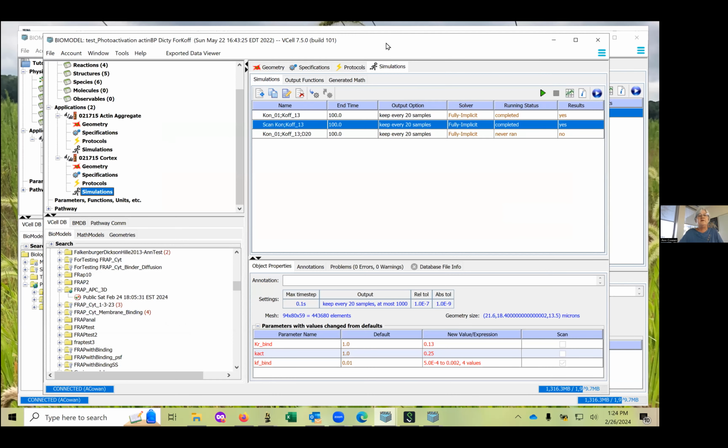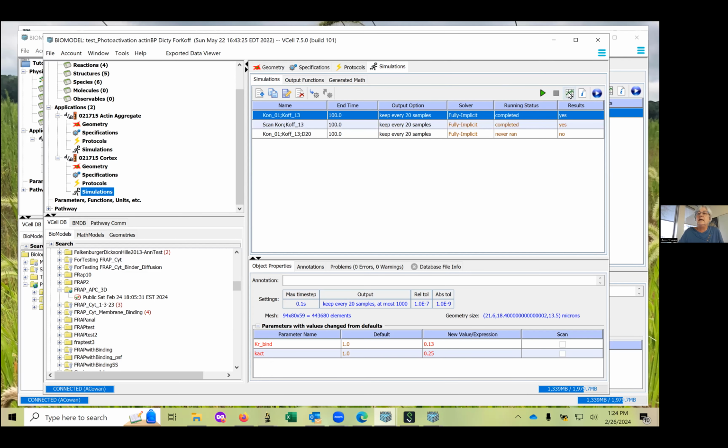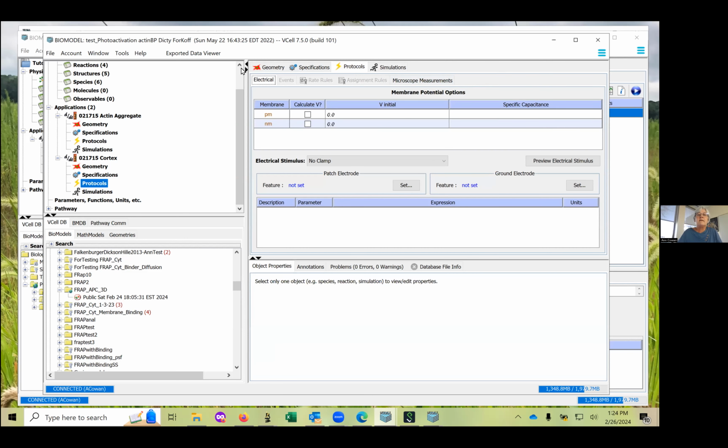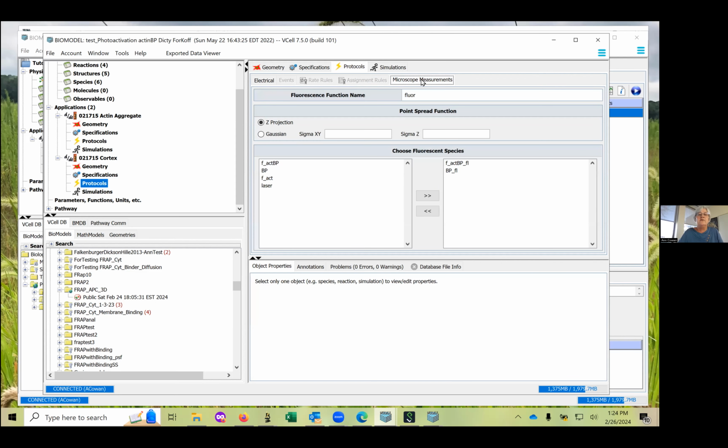So I'm back to this dictyostelium model where I was looking at an actin binding protein. In this case, I've used what's called a protocol. VCell has these protocols that depend on the kind of application you're using. There'll be different protocols for ODEs, for PDEs, et cetera. For PDEs, the main two are, you can put an electrical phenomenon in, so you can do patch clamps, change the conductance of the membrane or whatever, for electrical events using these protocols, but I can also do something called